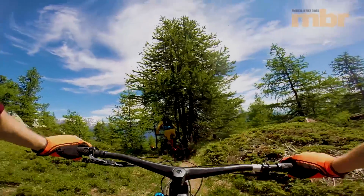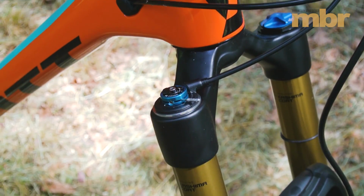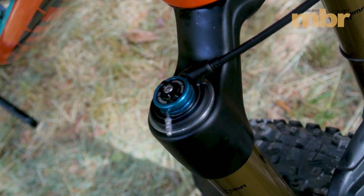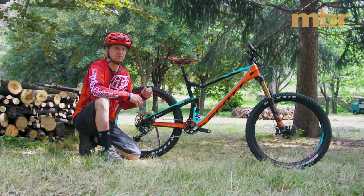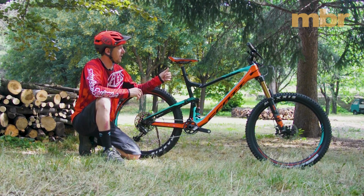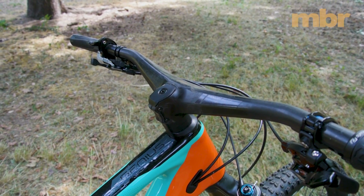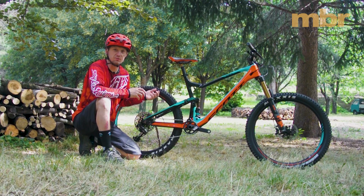Of course, we can't talk about a new Scott without talking about the Twinloc system, which is a travel and geometry adjust, on-the-fly adjust system. So you have 3 modes: open, traction, lockout, and those modes are accessed by an underbar remote. It's been refined over the years. It's still not perfect because you end up compromising on your dropper post position, but it's definitely a lot better